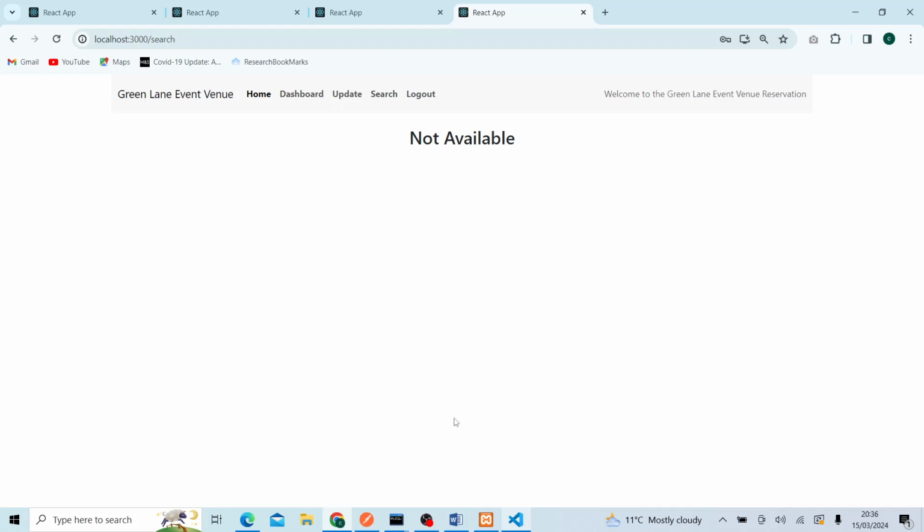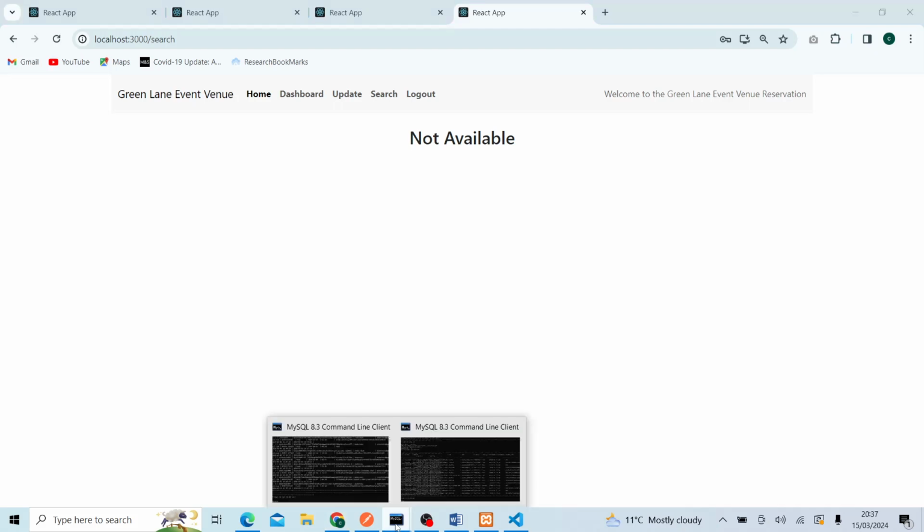Now, I want to check if what we have done so far, the data we are entering from the front end, is actually going to the database, whether it's being sent to the database. So if I go to my MySQL command prompt,